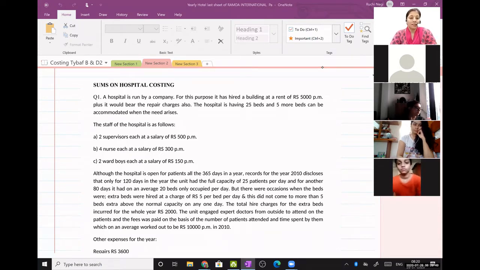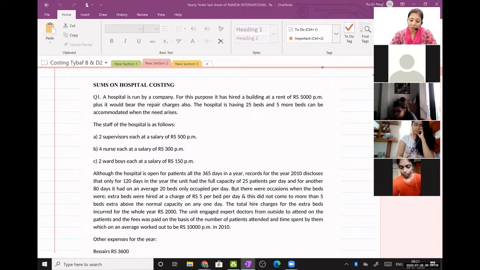And then our basis of calculation was dependent on the question. We had two cost units to be calculated. One is a single cost unit where we calculate only running kilometers, and our variable cost is dependent on those running kilometers. Next, we calculated ton kilometers, and then we calculated passenger kilometers. So this was our composite cost. Depending on whatever is asked in the question, which cost unit you have to apply, on the basis of that, your calculations were carried out.